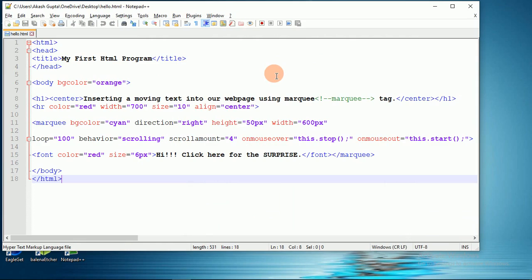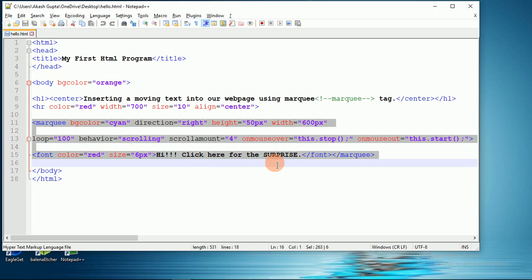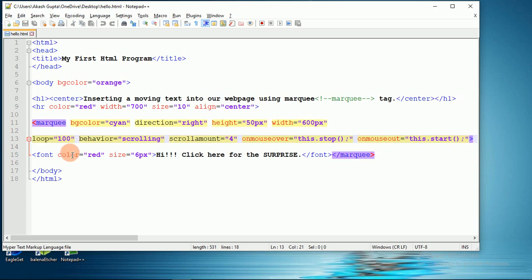So here is our hello.html file where I had already used a marquee tag. Let me explain how it works. As you can see, I had opened the marquee tag and at last I had closed it.